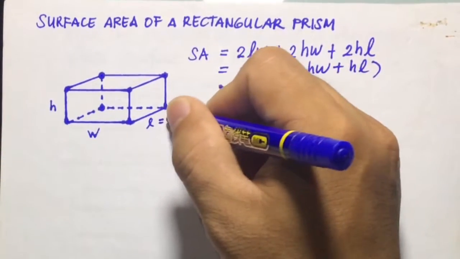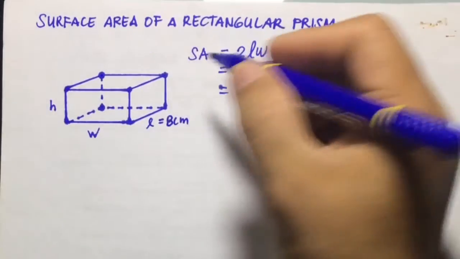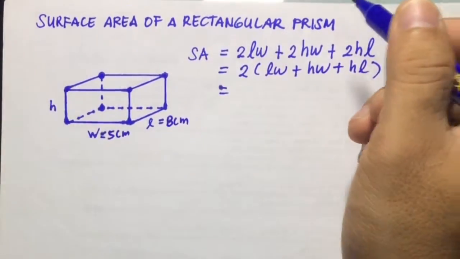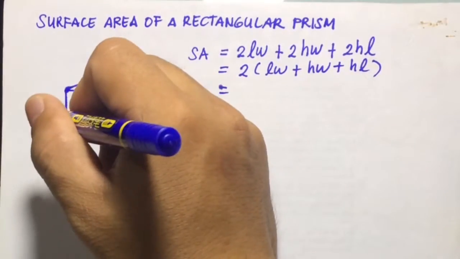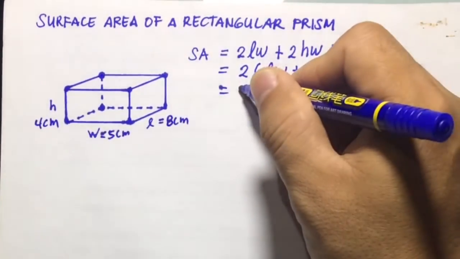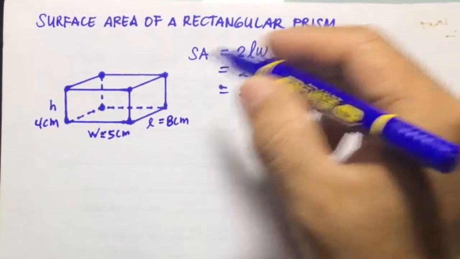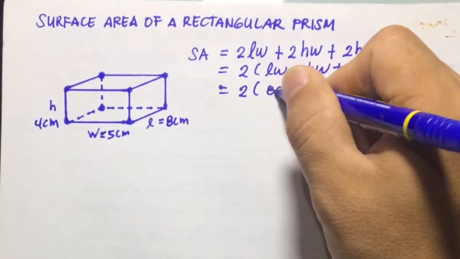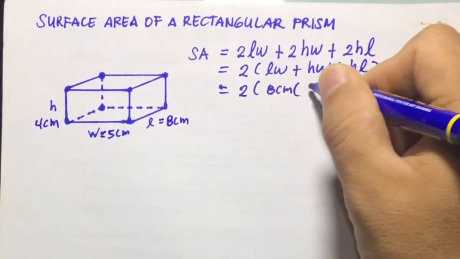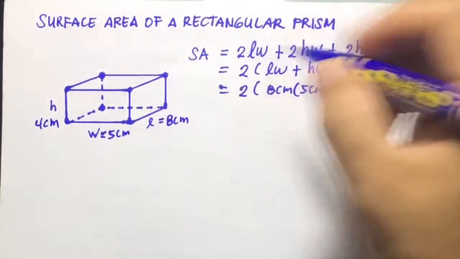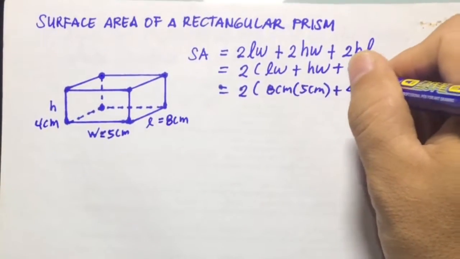For example, this is 8 centimeters. And the width as 5 centimeters. And the height equals 4 cm. So we can solve that one using this formula. So we're going to have 2 times the length, which is 8 centimeters, so 8 cm times the width 5 cm. Then plus the height 4 cm